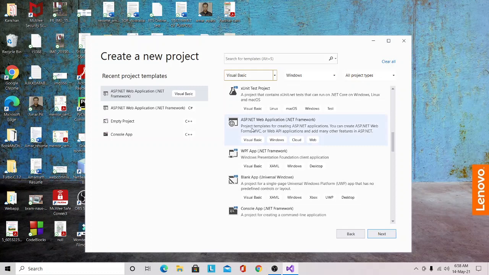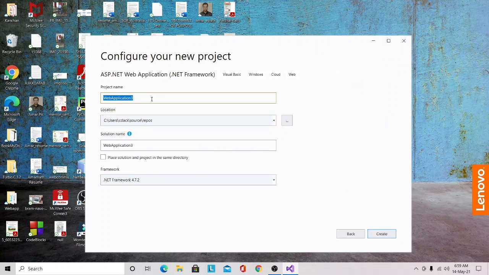In order to develop and run active server pages, here you can select ASP.NET Web Application, that is .NET Framework using Visual Basic Programming Language. So here I have selected this option and then I will click on this next button.